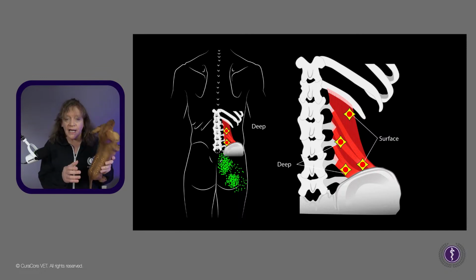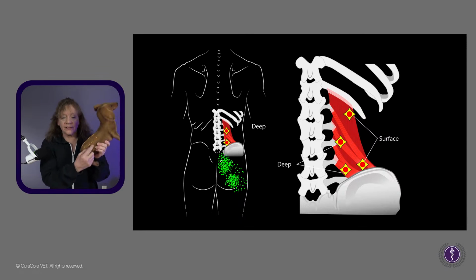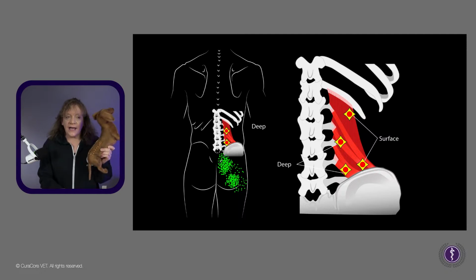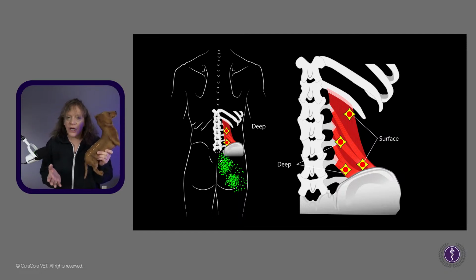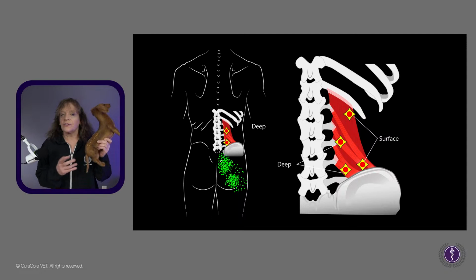And it's hard to palpate. Even for humans, when I have identified it, I'll come in on that lateral border of the iliocostalis muscle and I just push medially. And that's where I have found it in small animals, because I haven't really located it in horses, but imagine if a horse had trigger points in this muscle that were so bad, at least for a human, that they would knock you down.